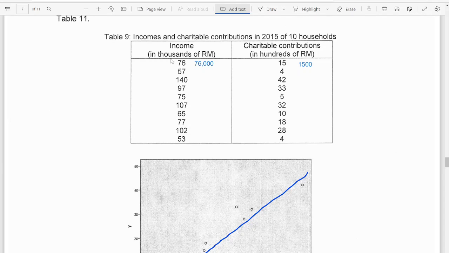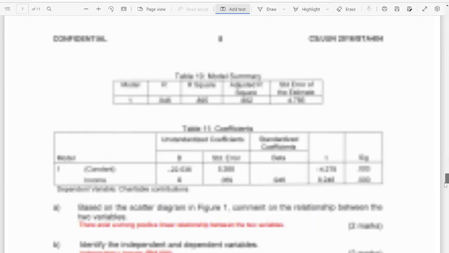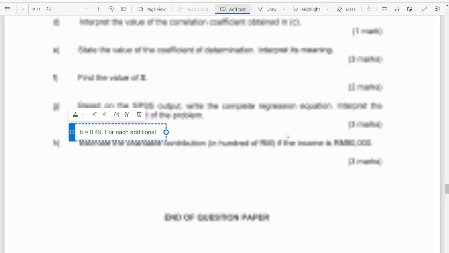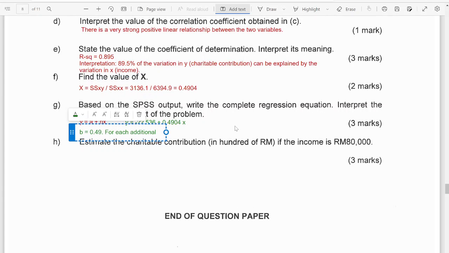For each additional Rm, kita gunakan Rm, so in this case, for each additional Rm, ataupun for each additional 1 ringgit Malaysia increase in income,